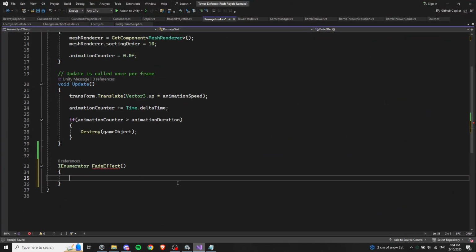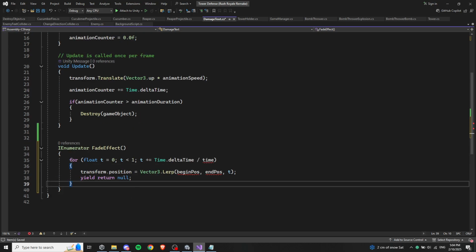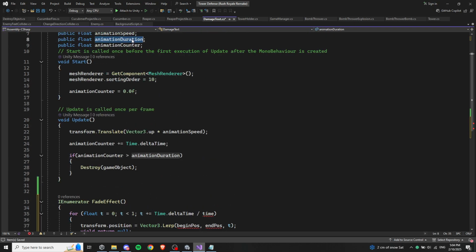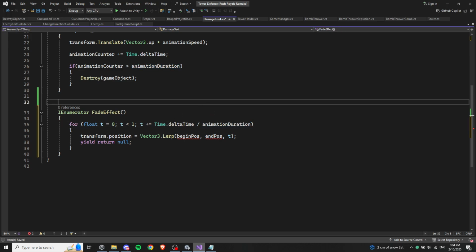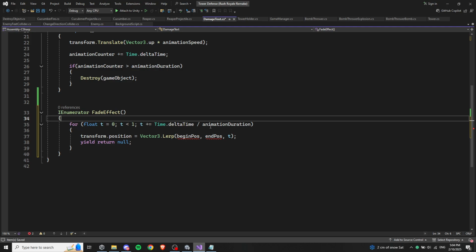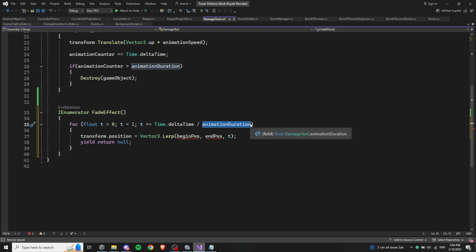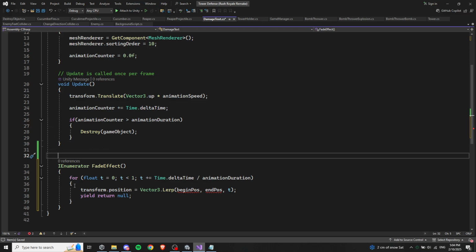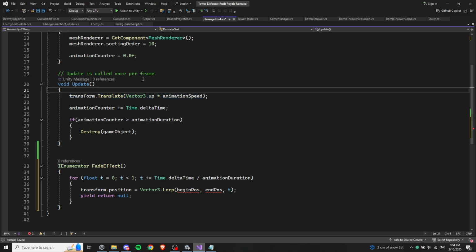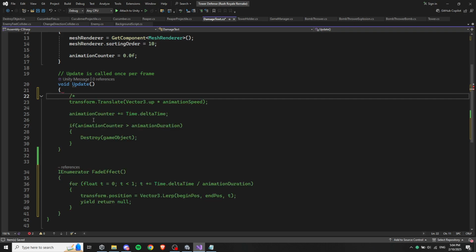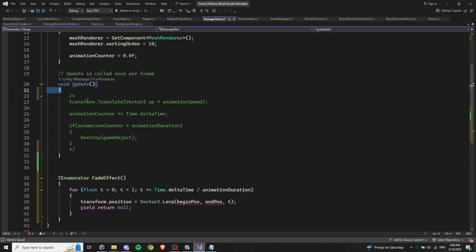Okay, so basically what we do, we actually need to replace this with the duration, so the animation duration. So basically this for here happens for that amount of time, so the animation duration, and in seconds, so this represents how many seconds. And now we need to move this like in the update, and let me actually comment this code. So transform translate. What this does, it moves the object in a direction, and in this case it is upwards, and then we multiply by how fast we want this to move. So we do that here,